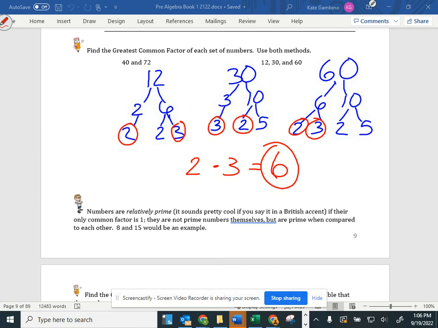So numbers are relatively prime. Sounds pretty cool if you say it in a British accent. I am not good with accents. Mr. Gambino is super good with accents, and so I get intimidated by him because he loves doing accents. I'm just not that good. I can do an Italian accent sometimes, but